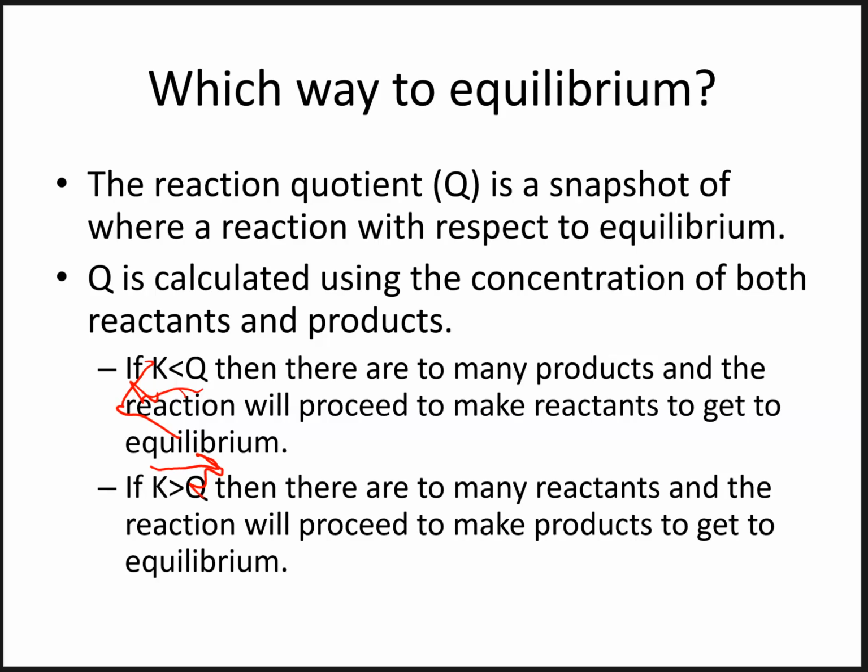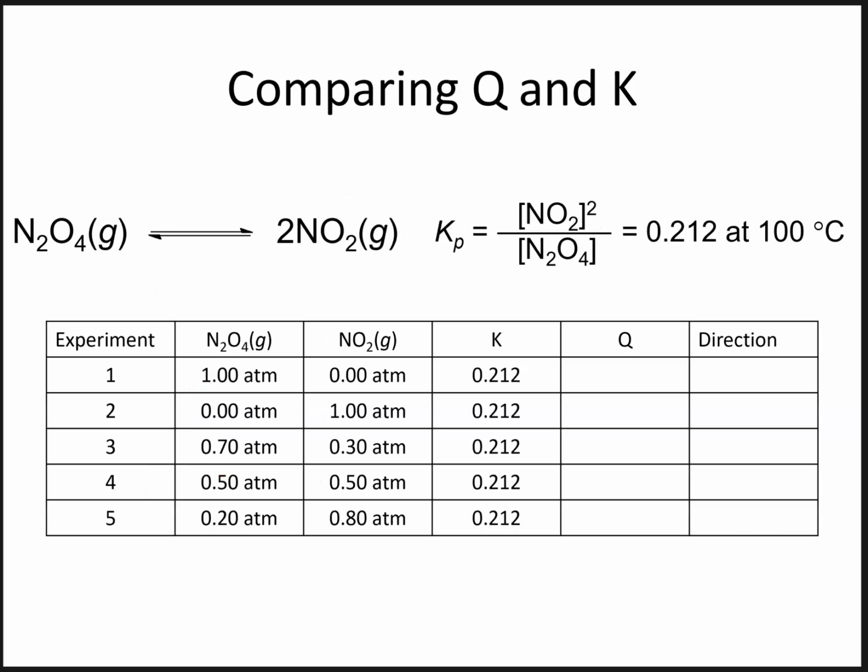So how do we calculate the reaction quotient? Well, it is quite literally a plug and chug math problem. You take your reactant and product concentrations or pressures at any given instant, plug them into the equilibrium expression, and you then can compare K and Q. So in the first two cases here, I'm just going to skip over that, but we could see here when we put in, for example,